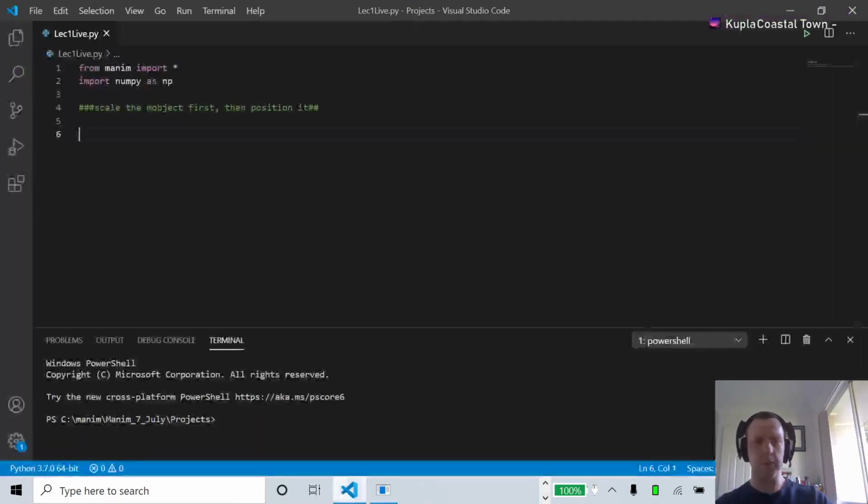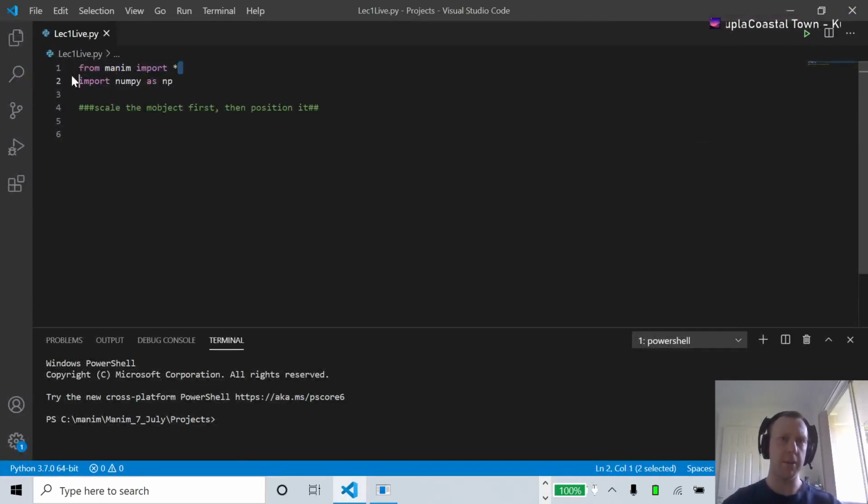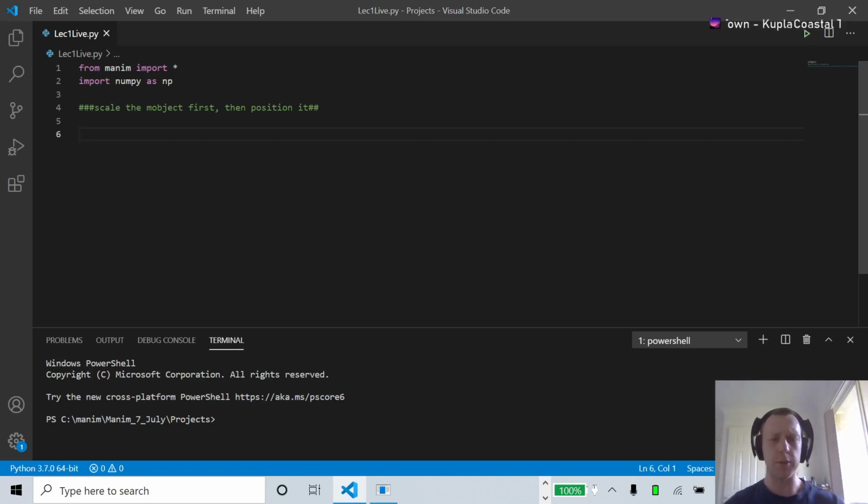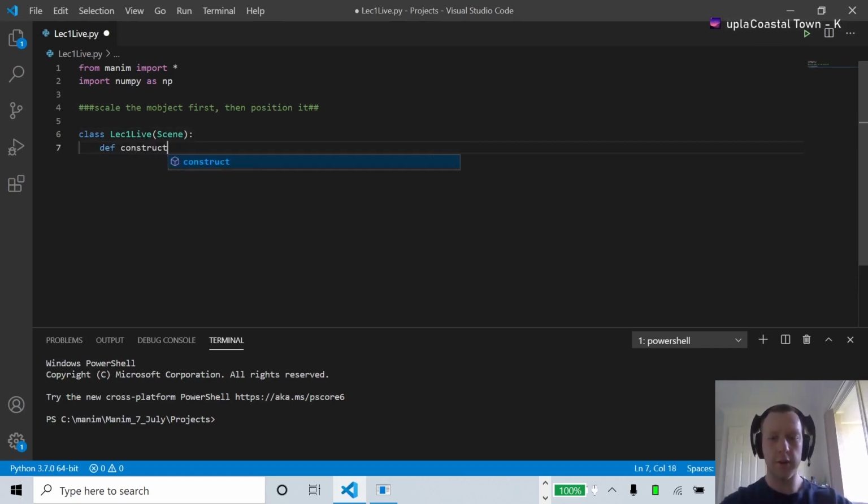So get your from Manim import star, wherever you get your big pile of Manim resources from, and import numpy as np. Probably don't need it, but I hate getting stuck, so I just import it out of habit. Now, in order to create something within Manim, you've got to go class. I'm just going to call this elect1 live, because we're on the fly here, and Scene, and then you've got to go def construct self,